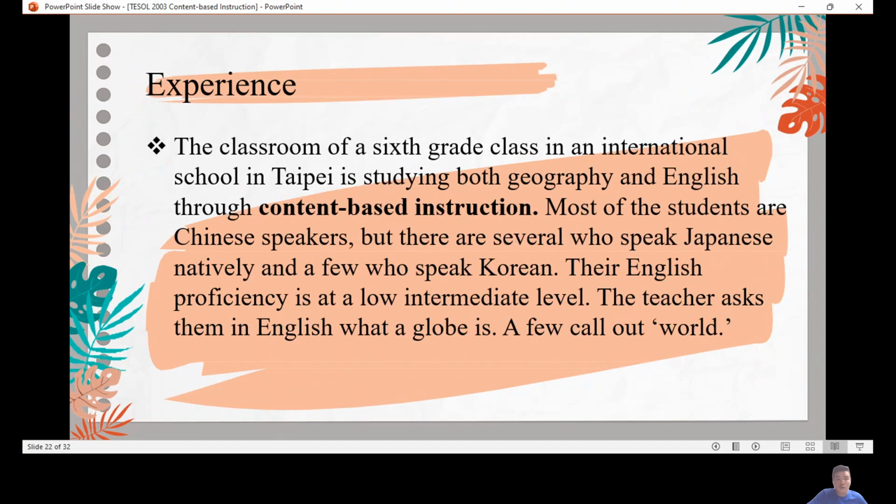And let's move to the experience. The classroom of a 6th grade class in an international school in Taipei is studying both geography and English through content-based instruction. Most of the students are Chinese speakers, but there are several who speak Japanese natively and a few who speak Korean. The English proficiency is at a low intermediate level, and the teacher asks them in English what a globe is. A few call out world,